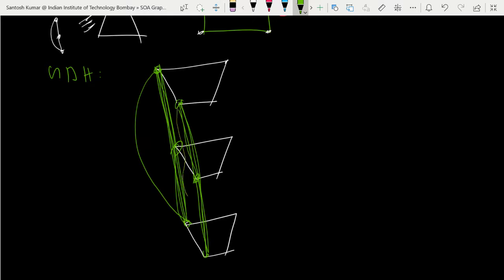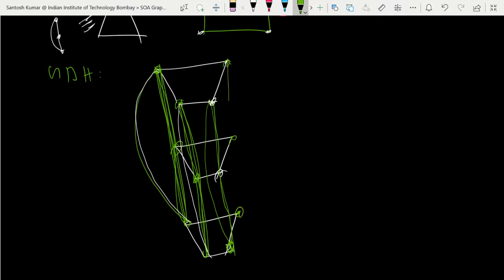So how would you like to join it? Like this. So like this is this, so let's make it this. Okay. Just try to understand what I'm doing. This you can join, and again there is an edge from here to here. Again this one, and this one. Join here, and there is an edge from here to here. So this is one extra edge.